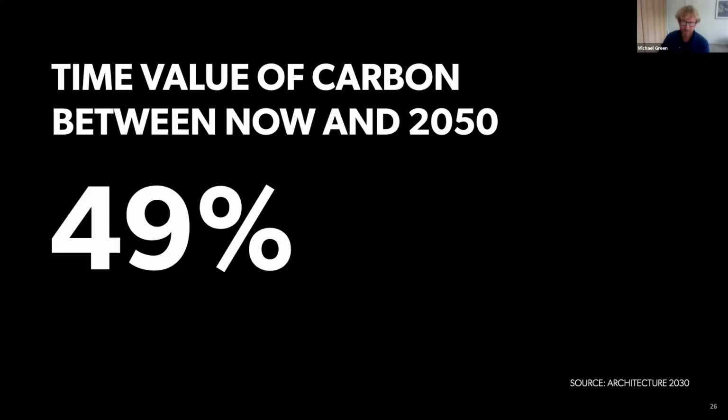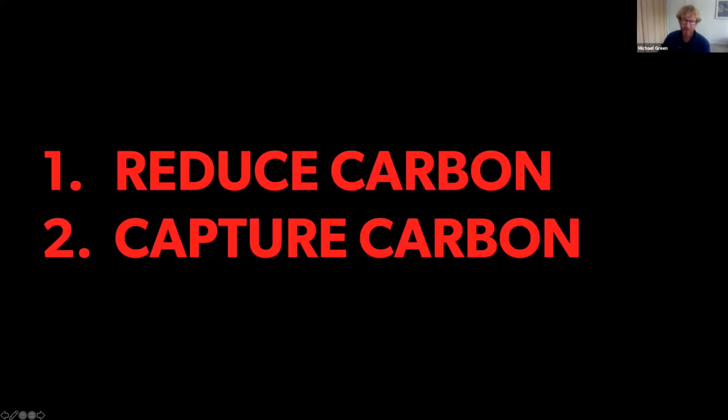And so roughly between now and 2050, almost half of the carbon story of buildings, depending on lots of variables here, is the material you build the building out of itself. So the two things we do fundamentally to impact our global carbon emissions is to reduce our carbon and to